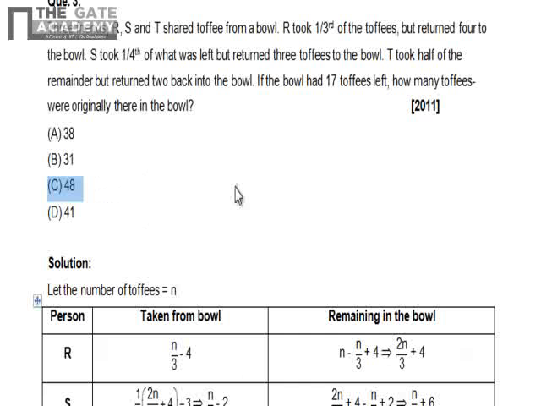Okay, so that's why I told you in the starting also that you can solve the question by looking at the options also. Don't just go by the traditional method. Just read the question carefully and look at the options carefully. If you have something in the options, if you can go by the options, then you should prefer that step.